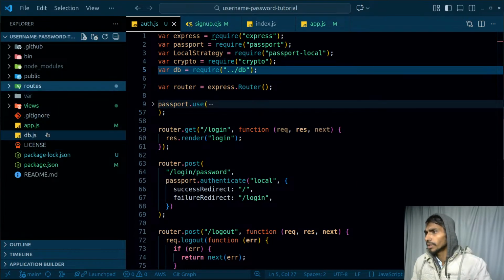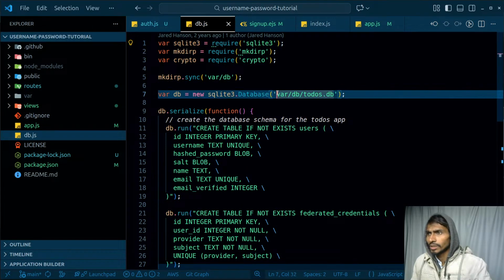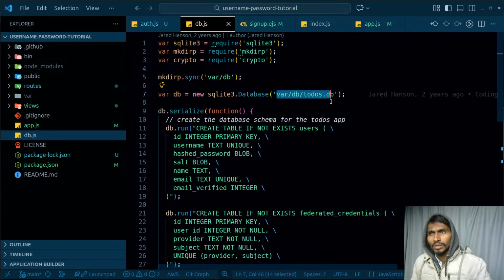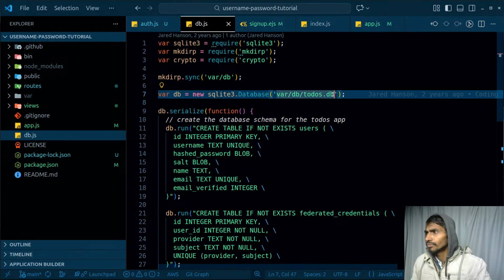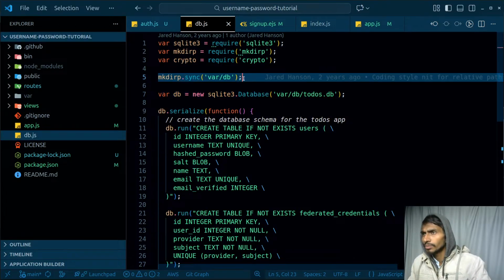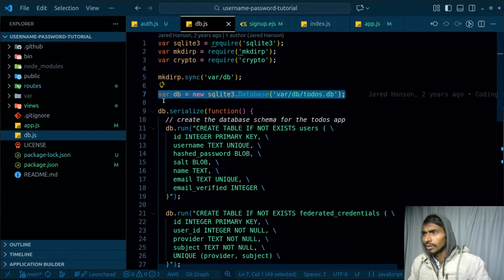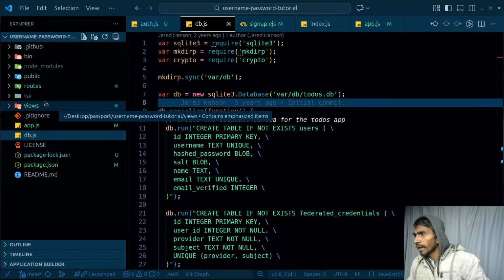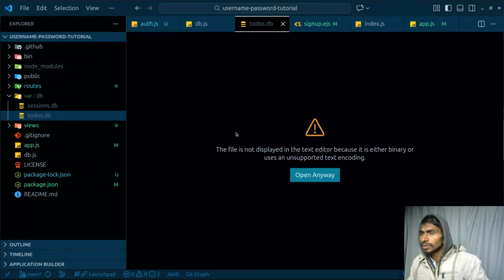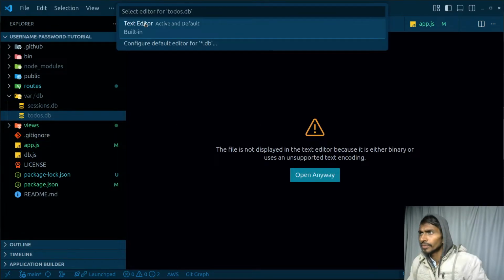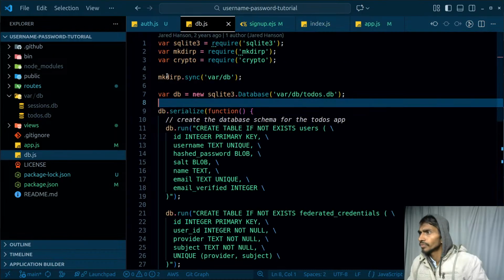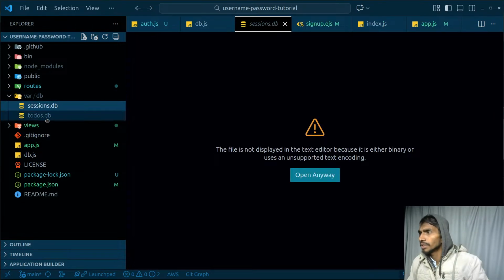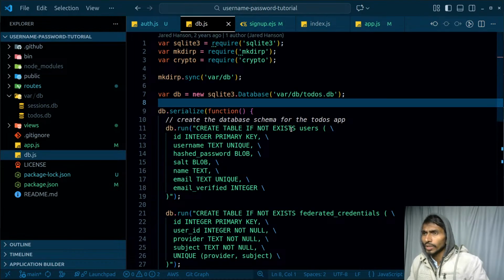So this is the db that I'm getting. If I click on the db.js over here, this is the URL for that. The db todos db, make directory sync db, and inside this I'm actually saving the data and all. Fine. Just a sec. Where I have my to-dos are getting opened anyway in a text editor. And then I have my sessions. So sessions and everything is being saved over here directly, so I don't need to worry about connecting it to the database. That's fine. That means it should be working fine.